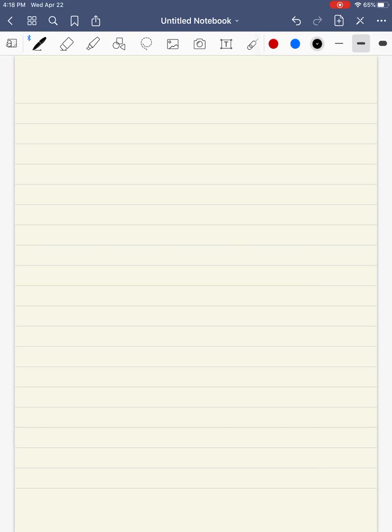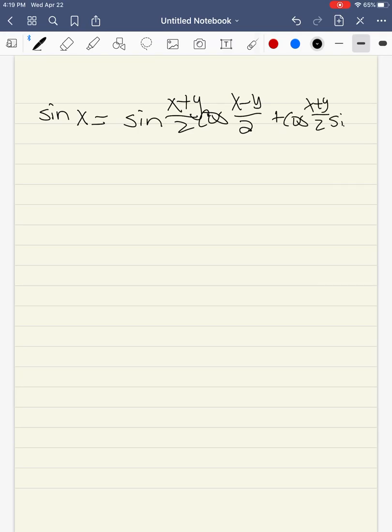Okay, so that was the first one. Now let's do the identity for sine of x minus sine of y, which will be using the same one. So it'll be the sine of x is equal to sine of (x plus y)/2 cosine of (x minus y)/2 plus cosine (x plus y)/2 sine (x minus y)/2, and then sine of y